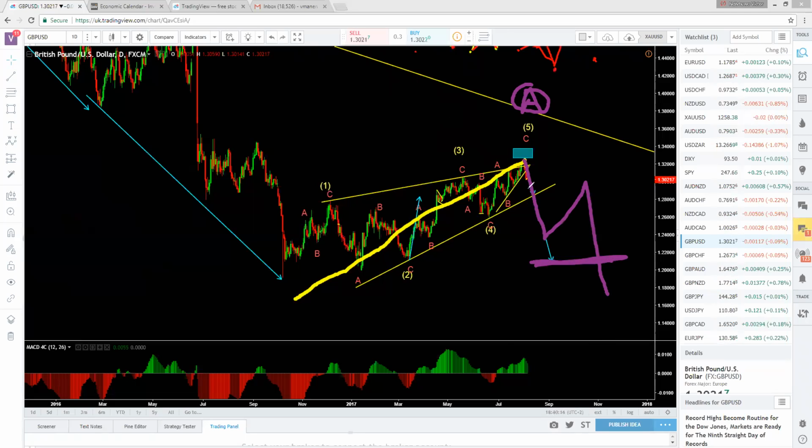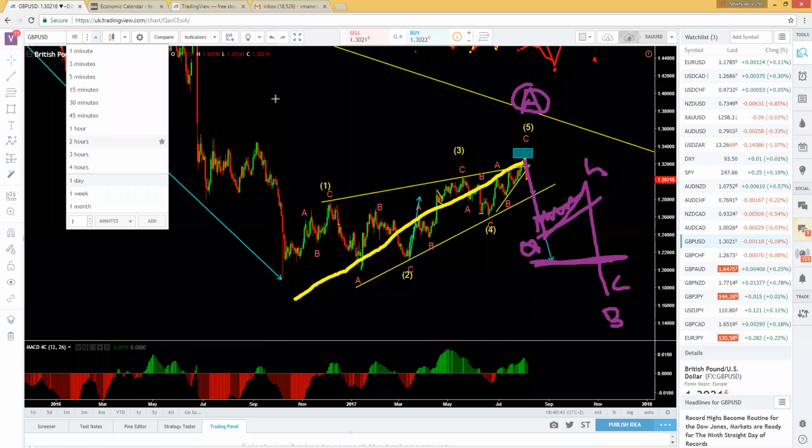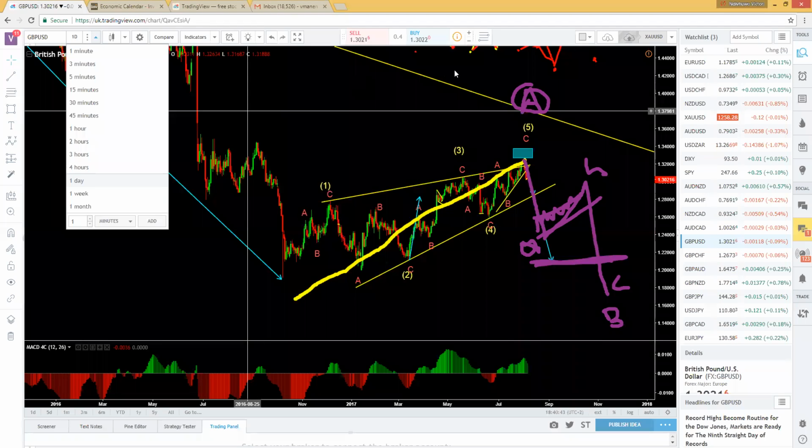So it's not going to go down in a straight line. We're going to go down and then we're going to get a deeper pullback somewhere. But we're already in the trade and we're running it for about 1,300 pips. It's going well so far, 200 pips up on this pair, just because of trading this leading diagonal and understanding the market. If this was your B, then this will be your smaller A, B, C, right? That's how we're trading the pound. Okay, so if you have not entered the pound,